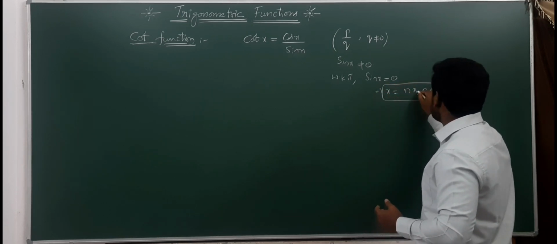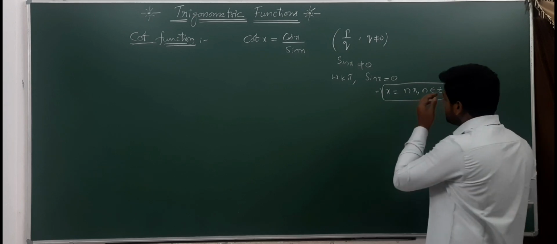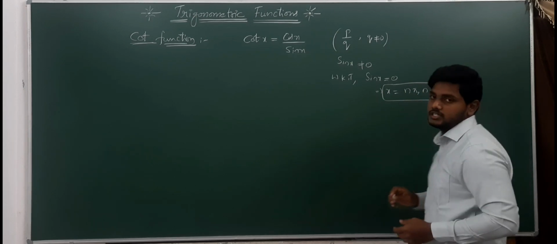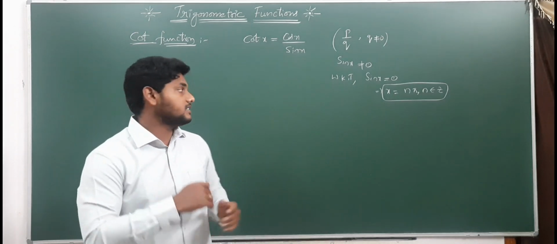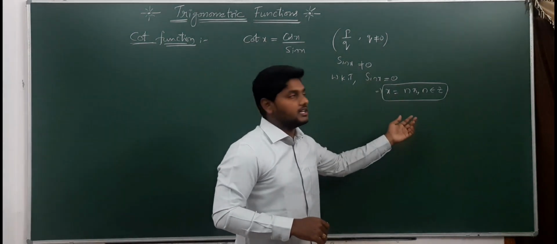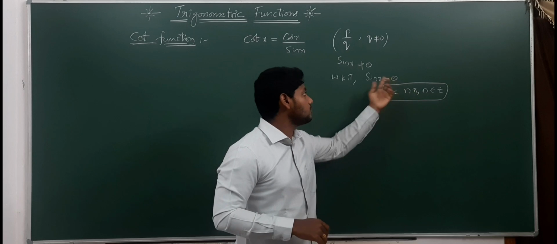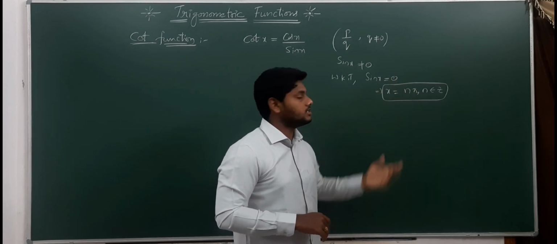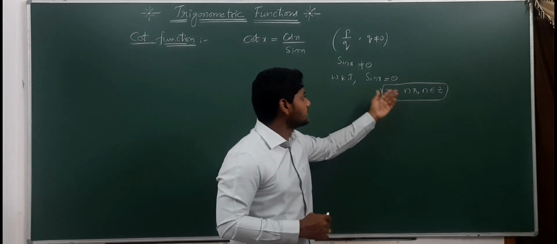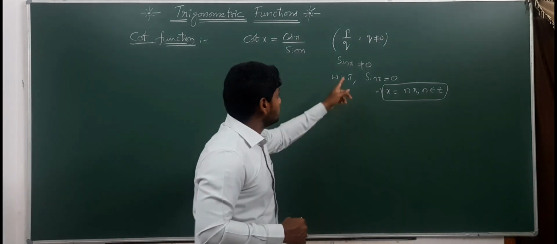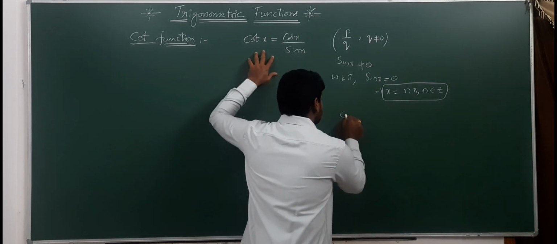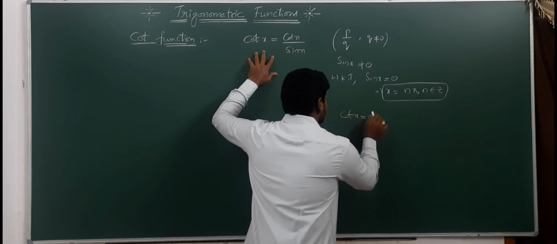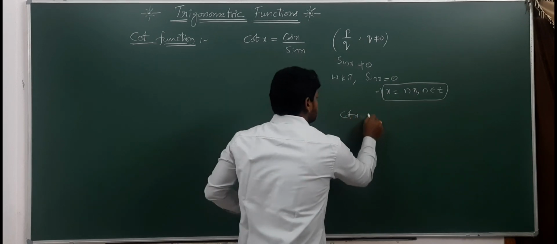If you take any n pi where n belongs to integers, if you take pi, 2 pi, 3 pi, minus 3 pi, 10 pi, 100 pi, or if you substitute x equal to 0, sin 0 is 0 only. So for all those values sin x will be 0. But here it should be sin x not equal to 0. That means cot x will be possible